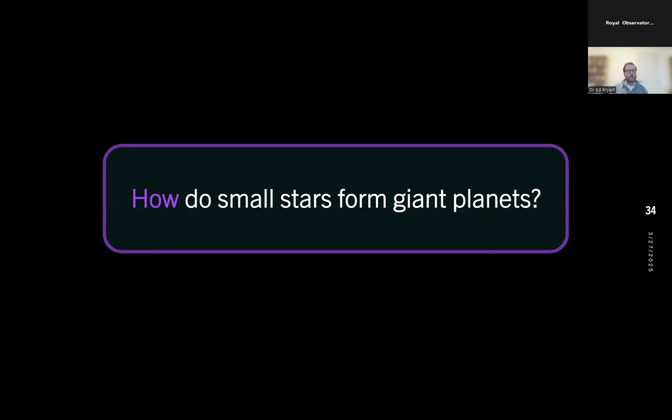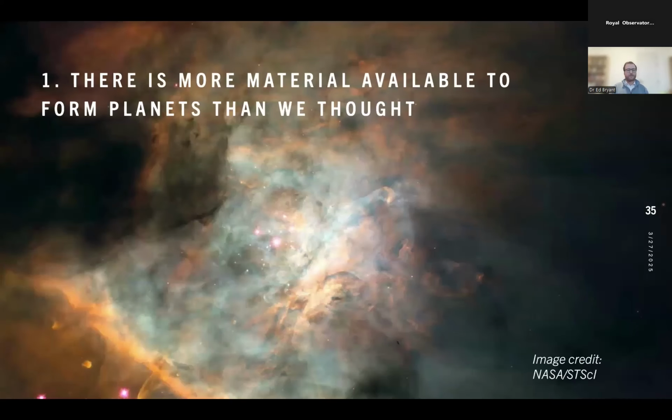And we have some ideas for how they might be able to do this. As I mentioned, the major stumbling block we have to be able to form these planets is the amount of material available in the protoplanetary disk. So maybe there's just more material available to form these planets than we initially thought. And there's a couple of reasons why this might be. And the first of which is the fact that